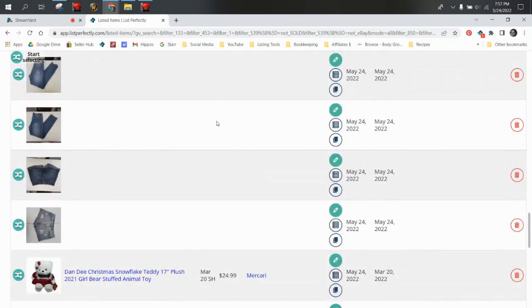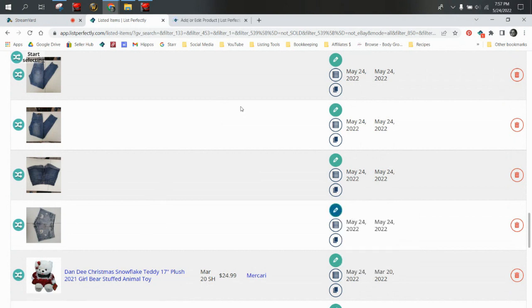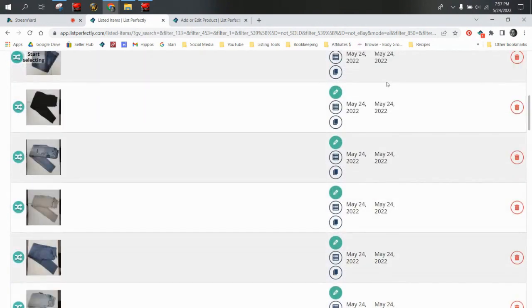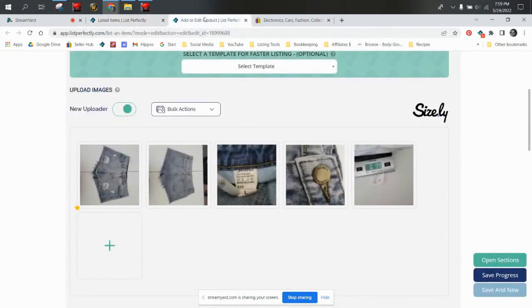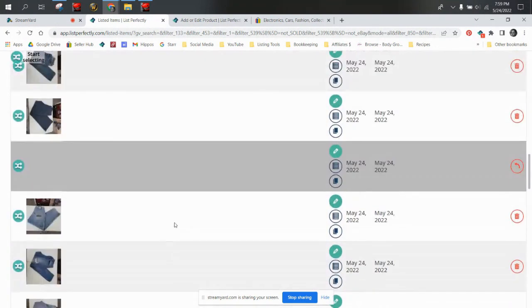So let's look at this pair of jeans. What I do is I take all of my photos with my phone, then I come to the computer, sort by not eBay, not sold. Then I will start opening these up one by one. I right click the edit tool and open it in a new tab. That is just the way I like to do it, so that this tab stays here with this